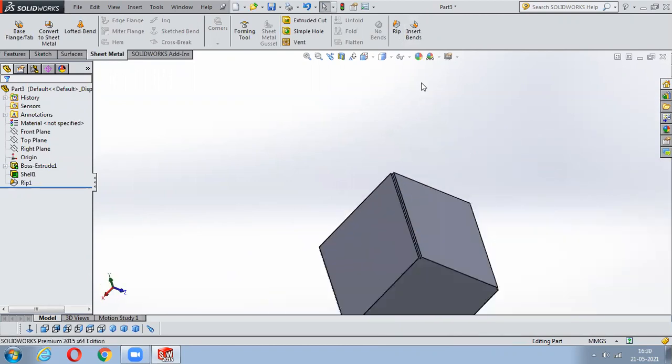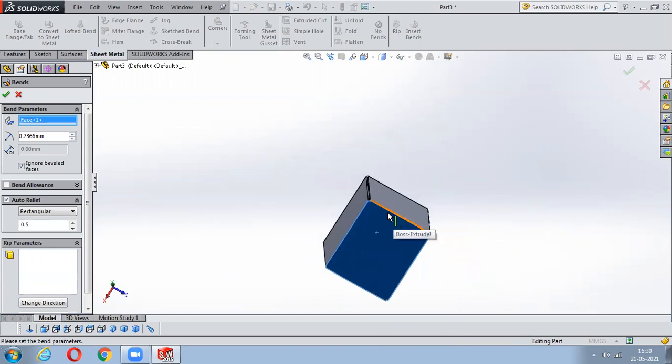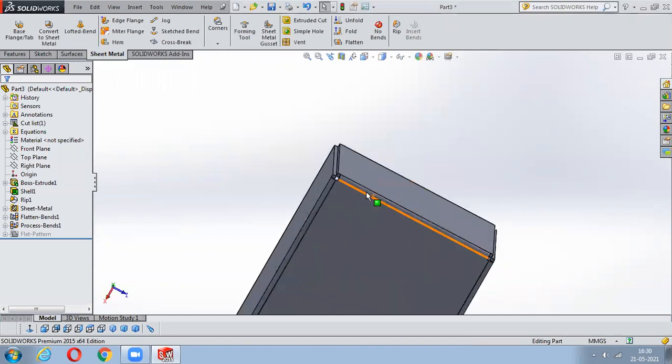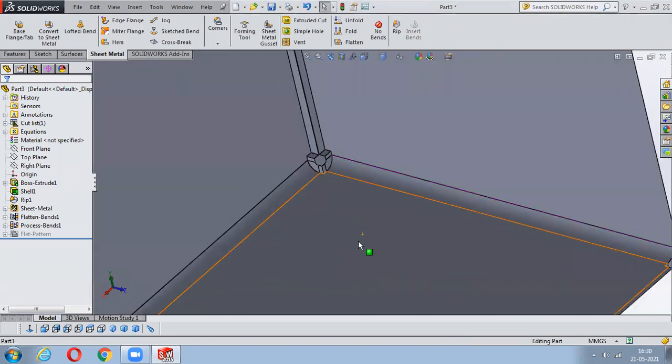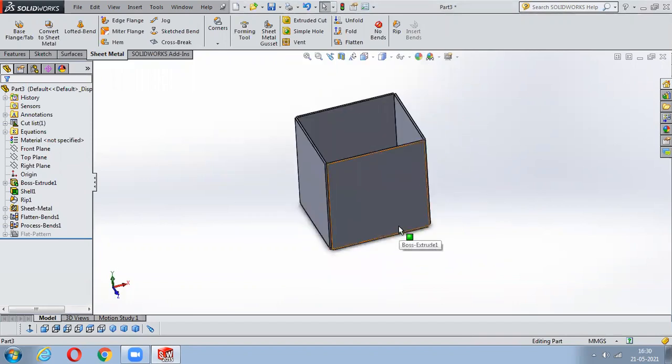If you want to insert the bends, just click on this, select a fixed face. Once you select this fixed face, the corners which are common to this square will be turned into bends. Okay, so you can notice the bendings are being done here. Once this ripping and bending is done, this solid block will be totally considered as a sheet metal. Okay, any issues, any doubts? No, sir. Okay, should we just close the session here?